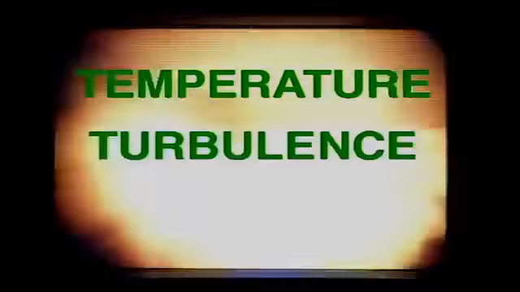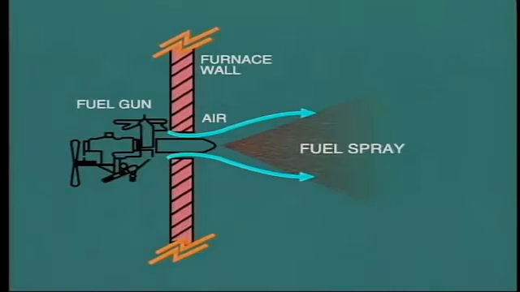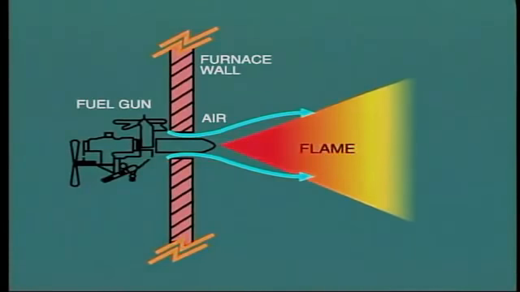In the last two segments, we have discussed at length the supply and control of air for combustion. But that's not the only factor which governs the burning of fuel. In addition to air, we need to provide other conditions in order for the fuel and air to burn properly. These conditions are commonly known as the 3 T's: temperature, turbulence, time. The first refers to ignition temperature. Combustion will not take place without the fuel and air being exposed to a high enough temperature known as the